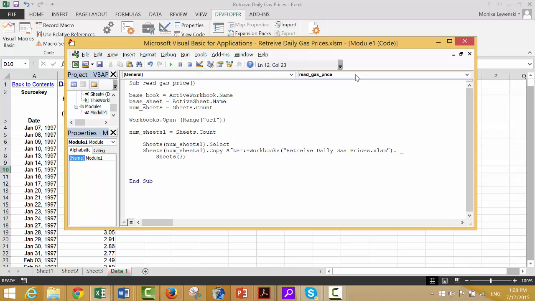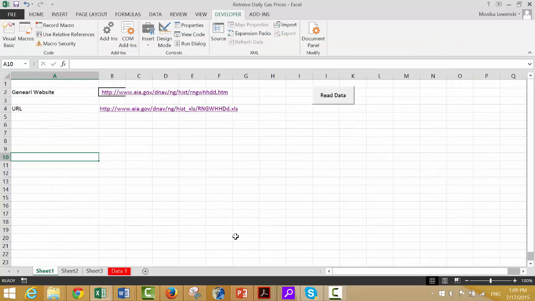Okay, and then we copy that to our base book, but we don't really copy it. We move it instead. It's the one thing I can remember about this stuff. And then instead of sheets 3, we put sheets and we put num sheets. And I forgot the underline, and so let's put this one as our gas menu,